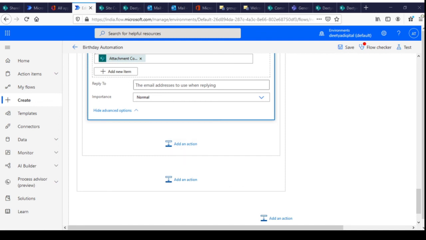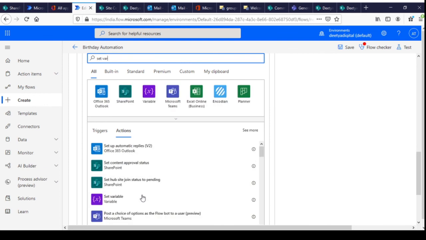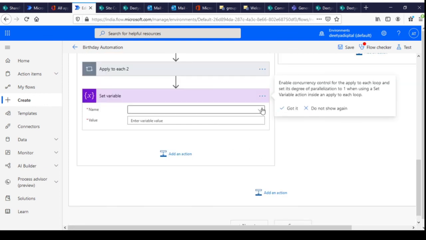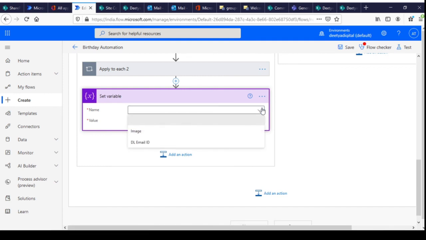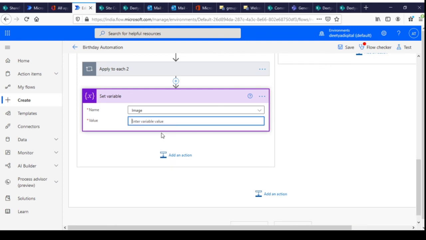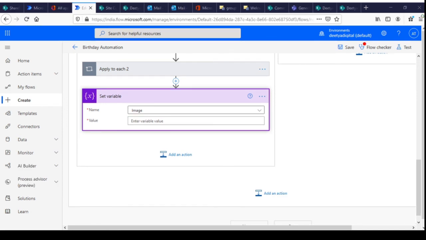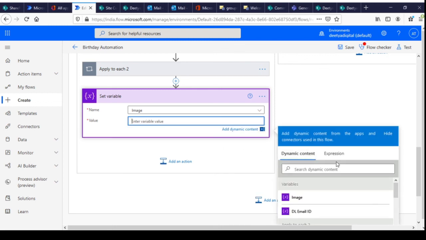So that's why we are going to add set variable option here, so that when next time it again searches for the matching birth date in the birthday database, it will change the image number so that you will get unique image in next birthday wishes email.